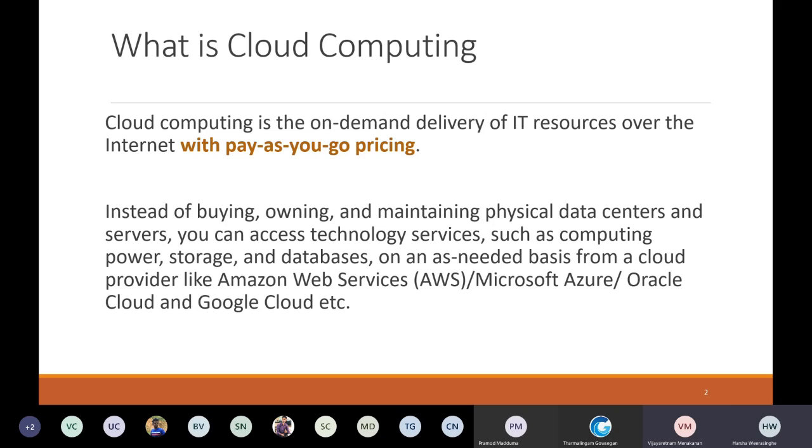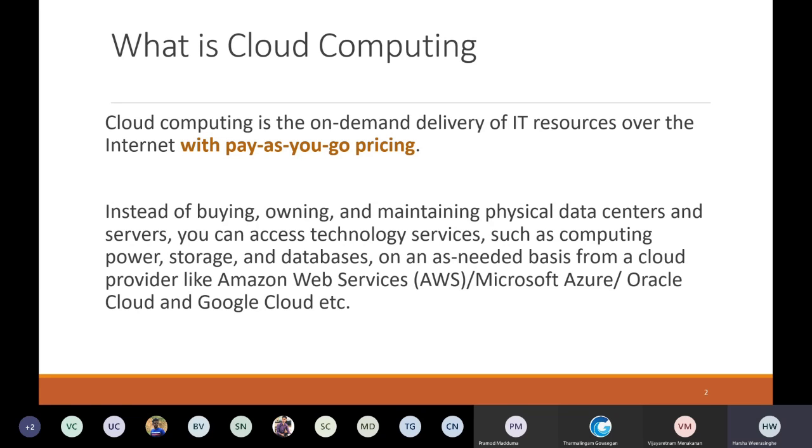Instead of buying, owning, and maintaining physical data centers and servers, you can access technology services such as power, storage, and databases, and whatever you need. These are the main cloud providers, the top players of cloud computing: Amazon Web Services, Azure, Oracle, Google, and these days different companies are trying to play this role. Basically, in cloud computing you are renting someone else's resources to do whatever you need, and you are only paying for the